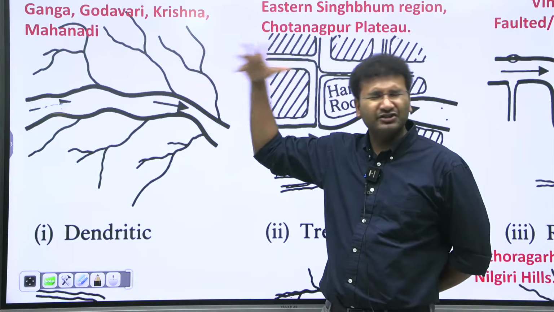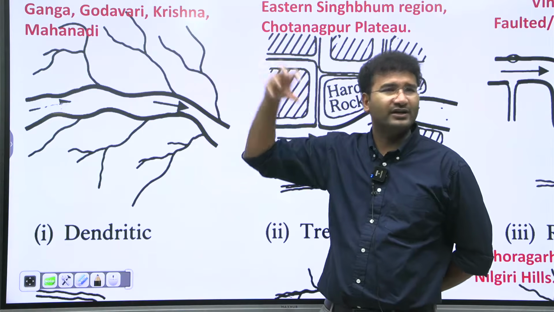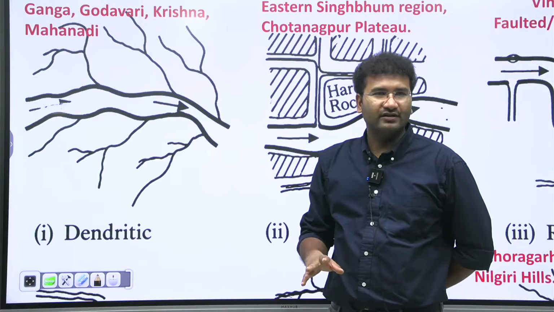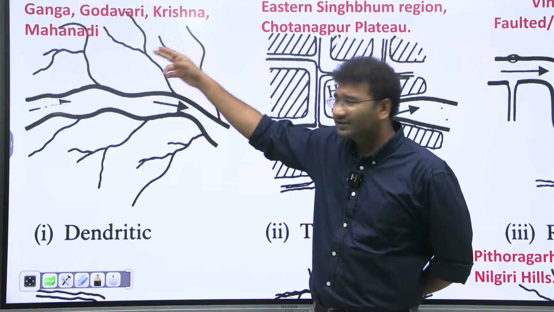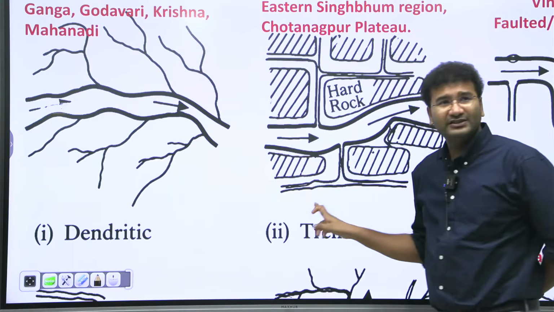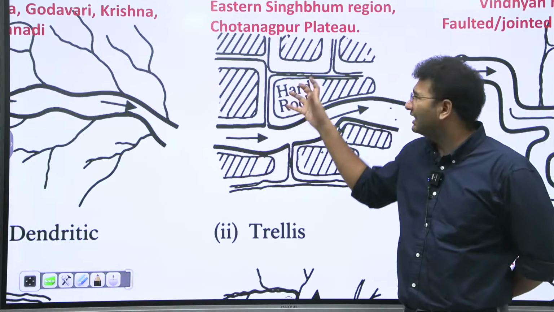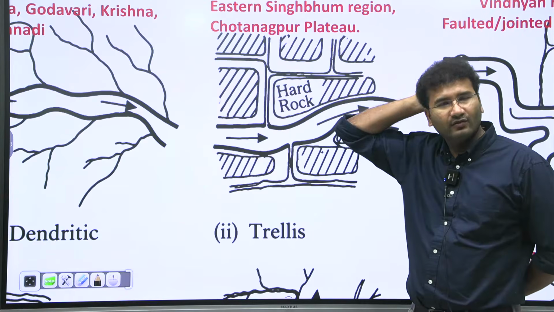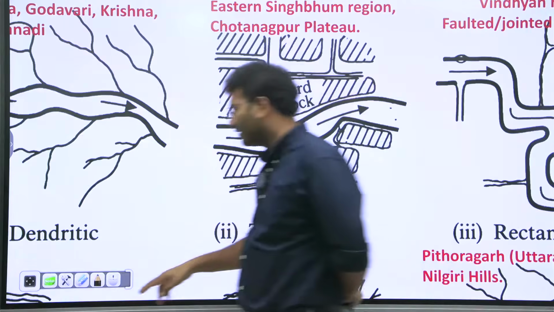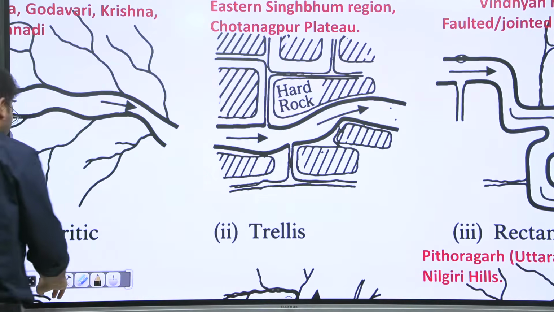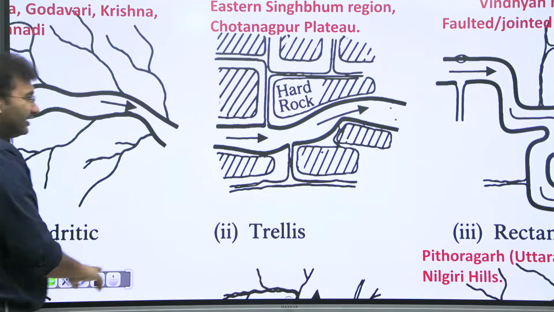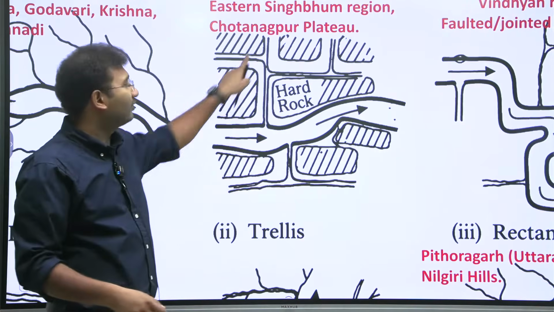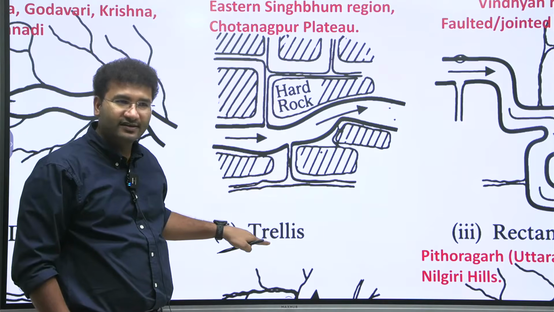So our Godavari Krishna is way older, very, very old. So that's why it is able to erode, because our Deccan Plateau is very old. So Godavari, Krishna, Mahanadi. But the rocks in the central part of India are very hard rocks, very, very hard rocks. So that's why the river cannot easily move. Now, when you look at the map of the river Godavari, the river Krishna, or river Ganga, all of them will have tree-like structures, right? So they are called dendritic. If you have it like this, we call it trellis.